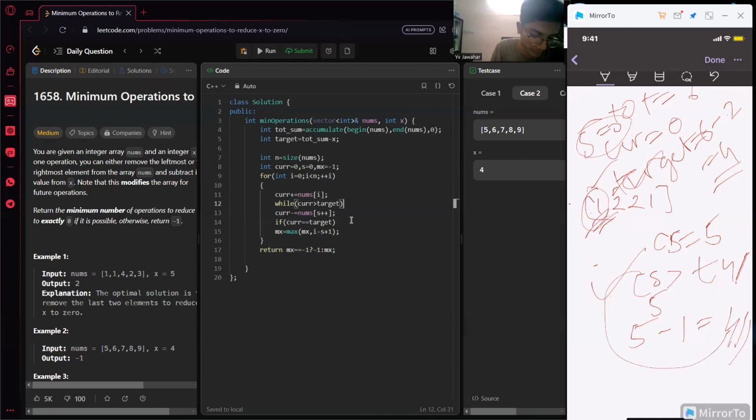And I again check in my while loop. My current sum is 4 now. Is my current sum greater than the target? Target is also 4. Current sum is also 4. Definitely it's not greater than the target. So the while loop breaks out,